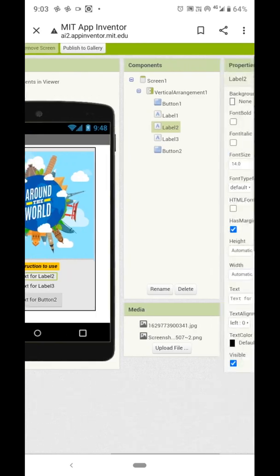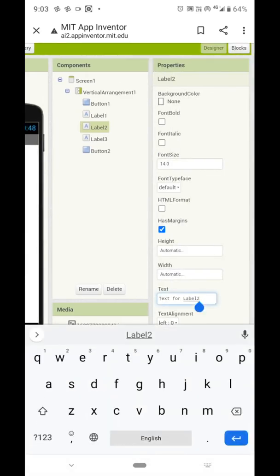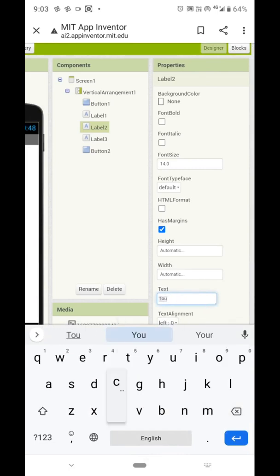Then for label 2, type touch the globe. Touch the globe to receive information about countries and monuments.